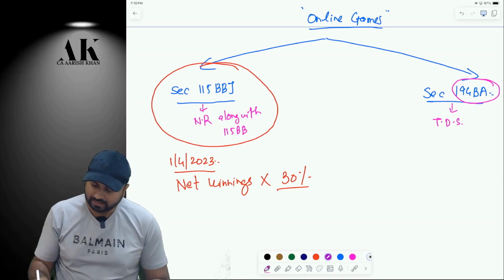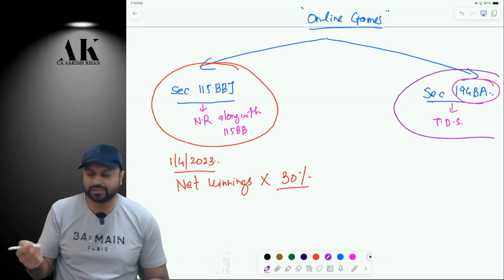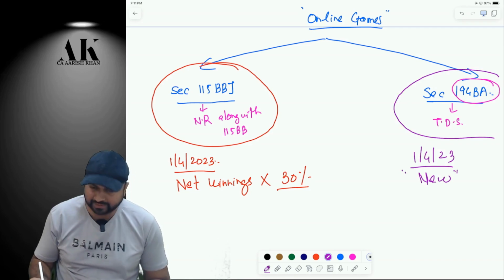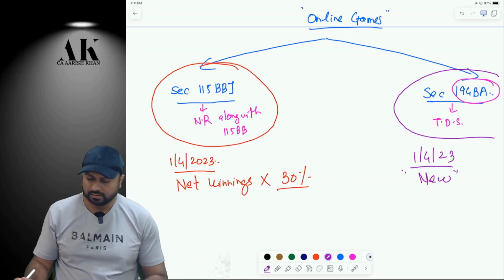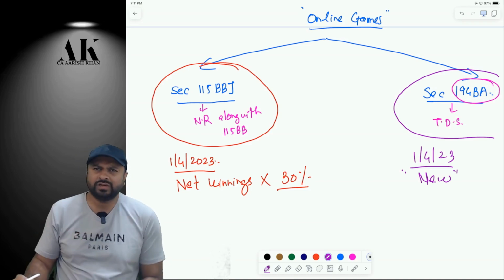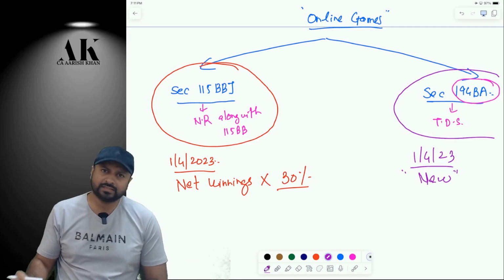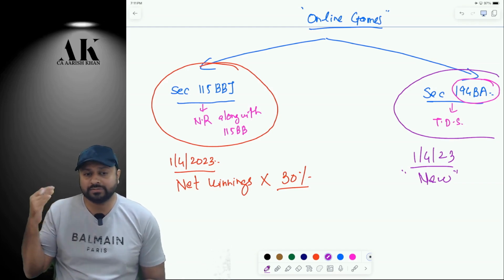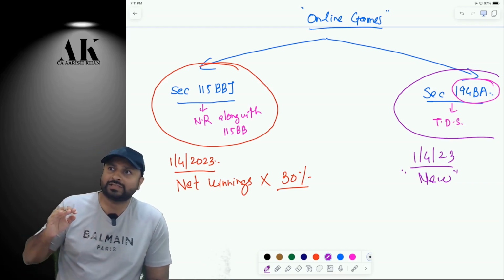Similarly, 194BA is a new TDS section that came from 1st April 2023. This is absolutely a fresh section. Absolutely new and fresh. Sir, online games were not subject to TDS earlier. This is a doubt which will come to students' minds. Whether online games were subject to TDS or not, or whether online games were subject to tax or not